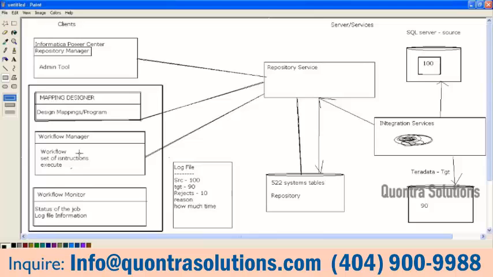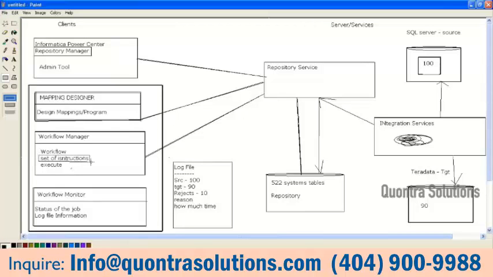This is the back-end application actually. This is the architecture of Informatica, very high-level architecture of the things in the Workflow Manager. The set of instructions I am telling, right? When you are executing your job, what type of information you are planning to have in the log file. You can configure the settings before running your job. The very first time you have executed, it creates a log file. The second time you have executed, you want to keep the previous log file or you want to replace the previous log file. You can set the settings.